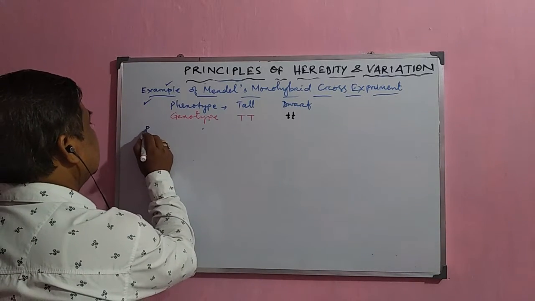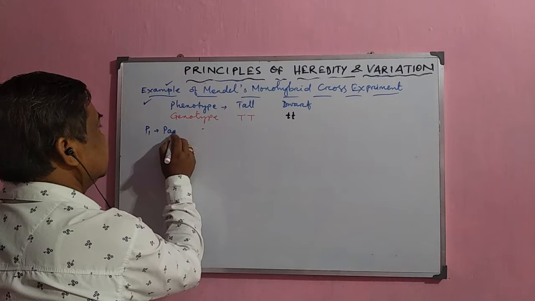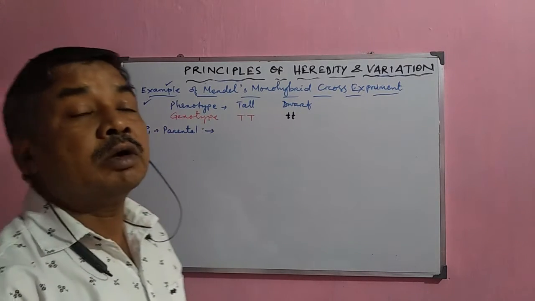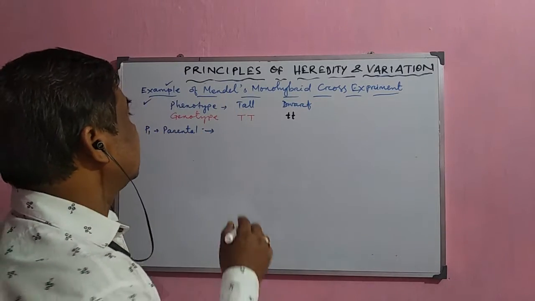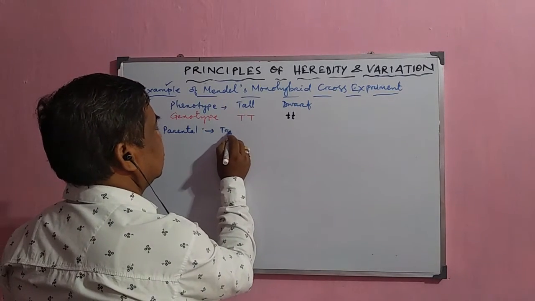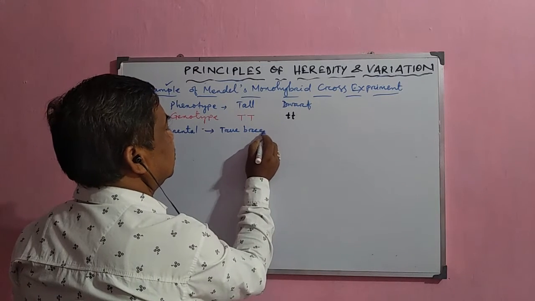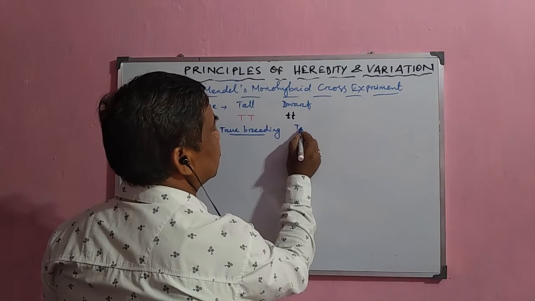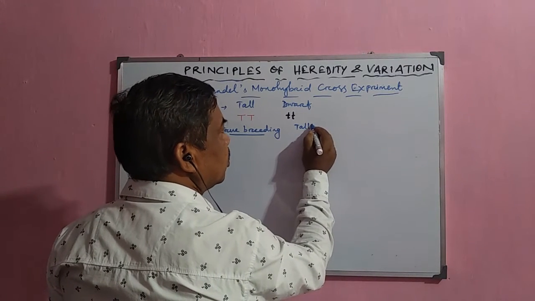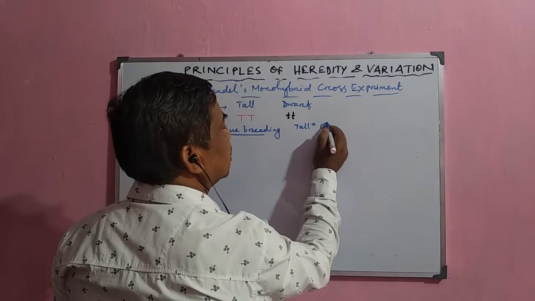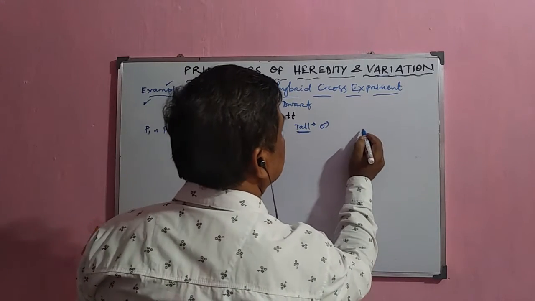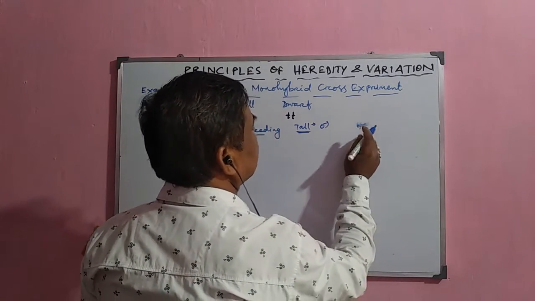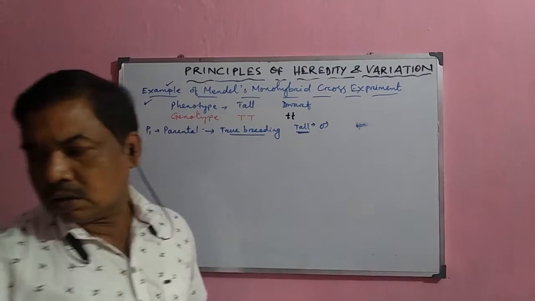And what is this P1 or parental generation? This parental generation actually consists of true breeding plants. These are called true breeding plants. Now, what are these true breeding plants? Suppose we are taking the tall flower. So we are taking the pollen grain, or the male part, from the tall plant, and we are taking another tall plant,